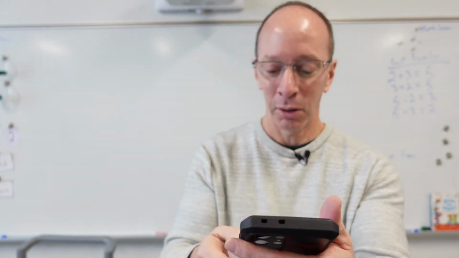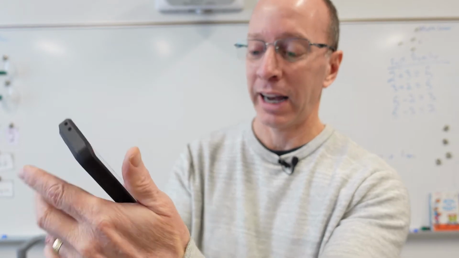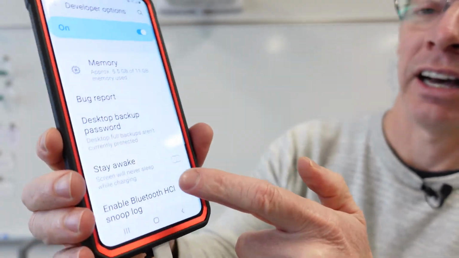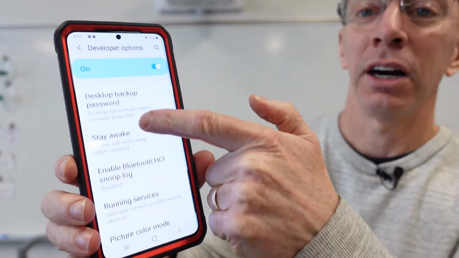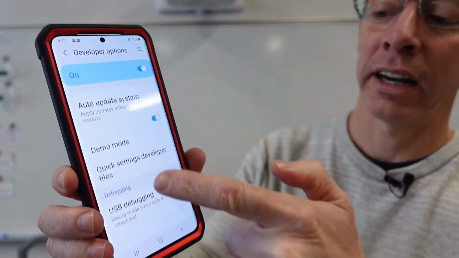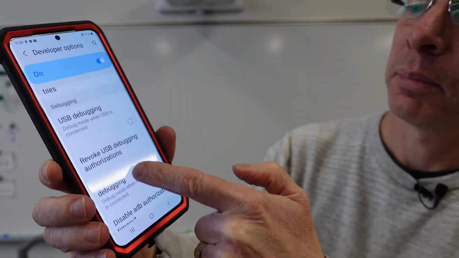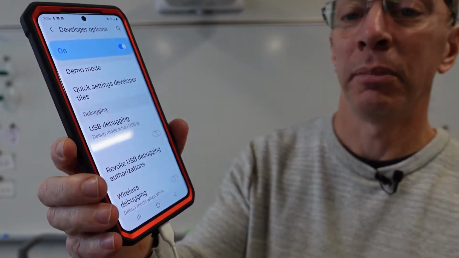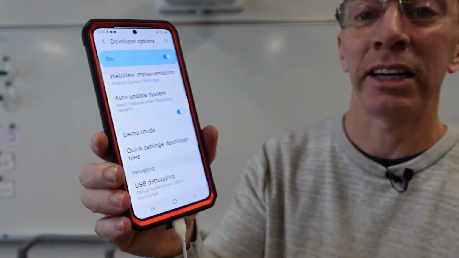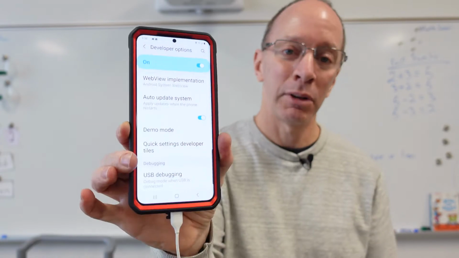option mode. And I will tell you, when you go into developer options right here, they have a huge amount of things that you can change in there. So be very careful when you're changing all that, because you could mess something up. So maybe that is why they kept it hidden, but it took me a long time to figure out where